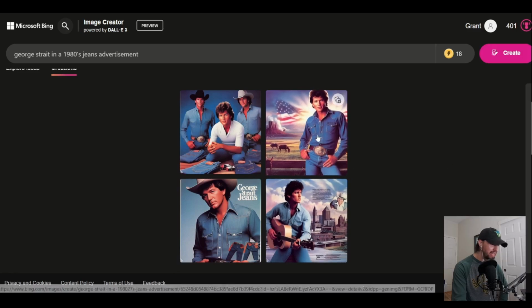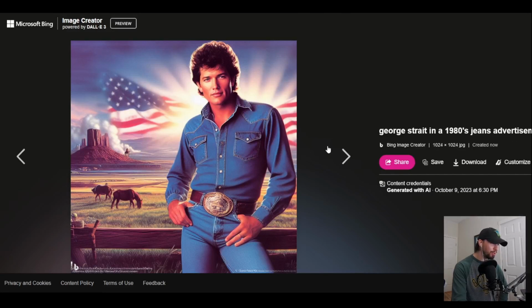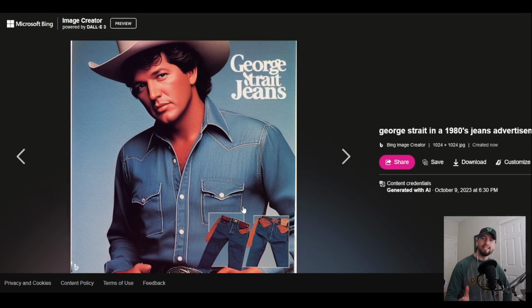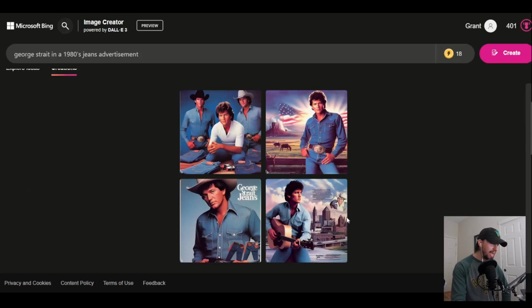And for some reason Bing AI keeps on giving me this dude who looks similar to George Strait. Like, this could be George Strait's cousin, and this actually does look really good. The art style and the outfit and everything looks fantastic. The filter is really good. The outfit is accurate to the era, but this just isn't George Strait. This person that they keep on giving me always looks slightly younger than George Strait actually was at this era. But in terms of the art style, this actually is impressive.